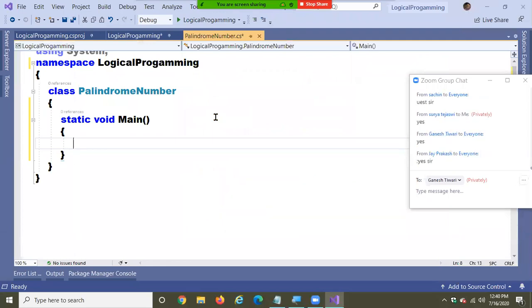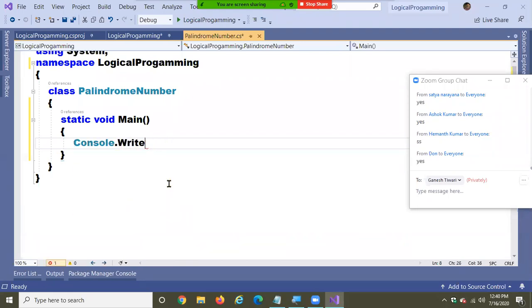Yes or no? For the palindrome logic, can't I use the same logic I explained yesterday? Reverse the number here, and after reversing, compare it with the original number. Finish. Simple code, no? No point wasting time. Very simple logic.